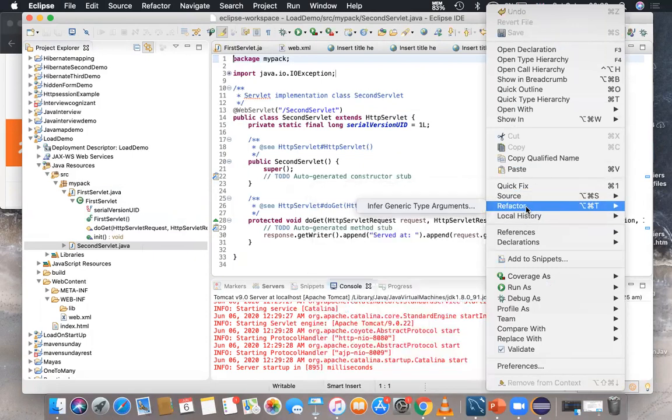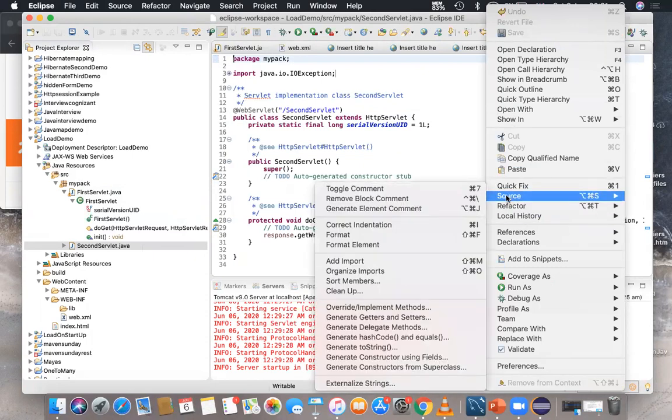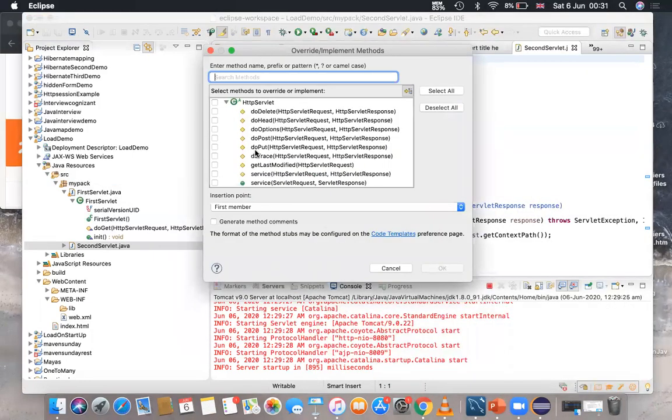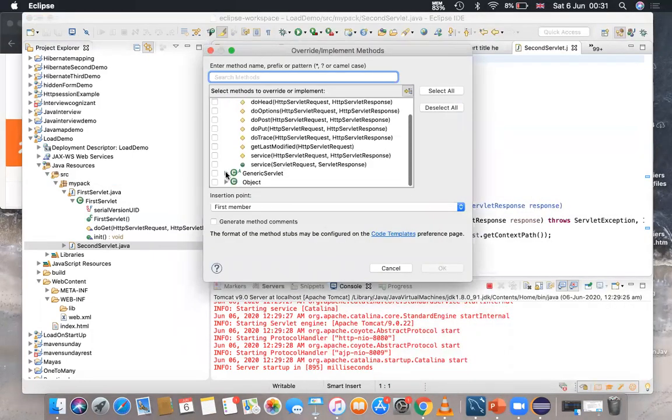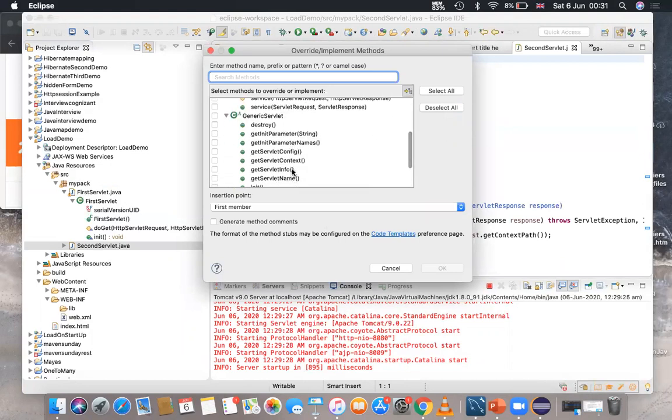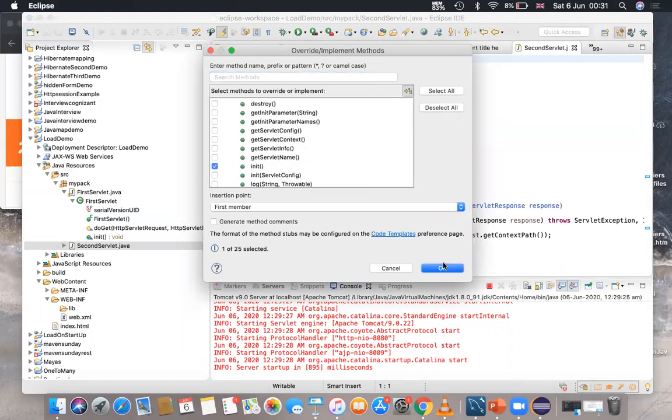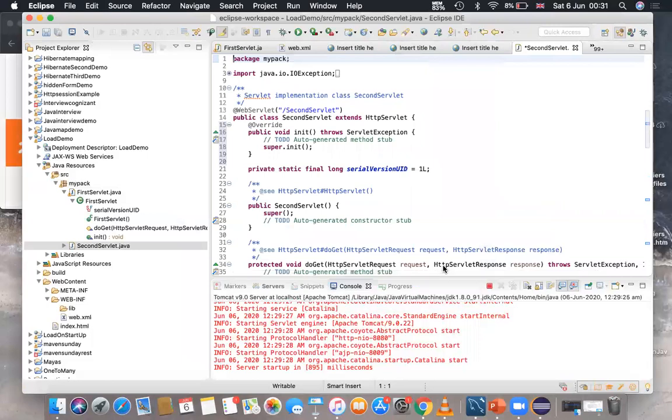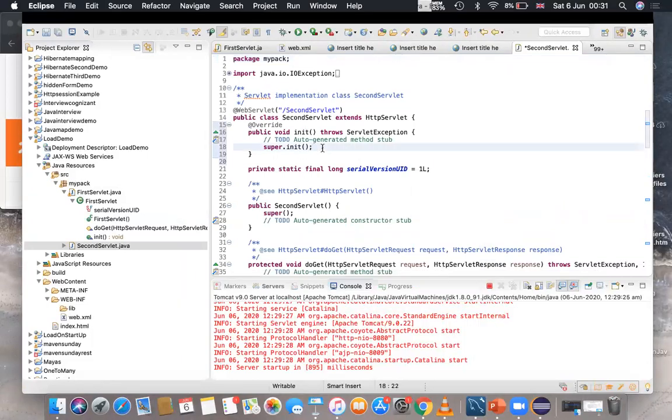So I will go to Source and you have this option, Override/Implement Methods. Under GenericServlet, expand this node and just override this particular method. Okay, so you got this init method over here in the second servlet also.